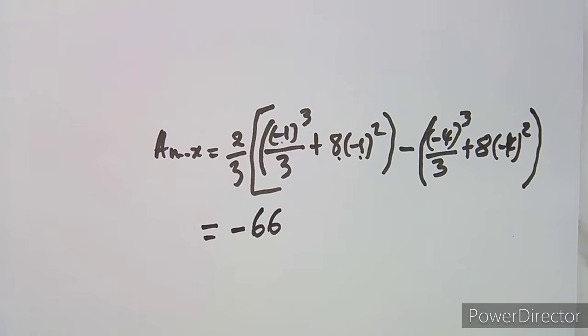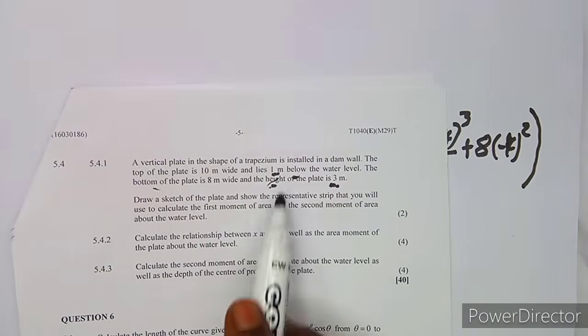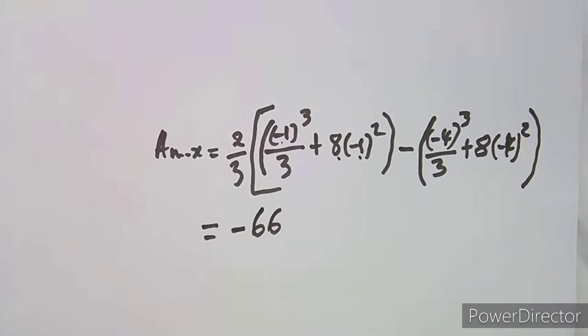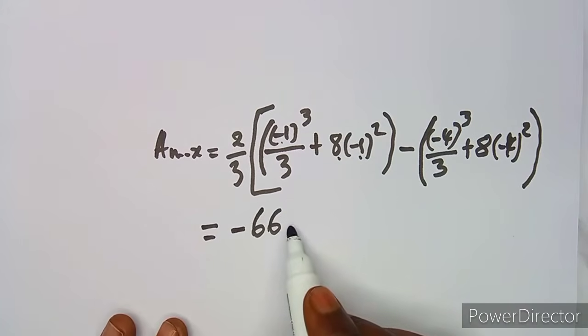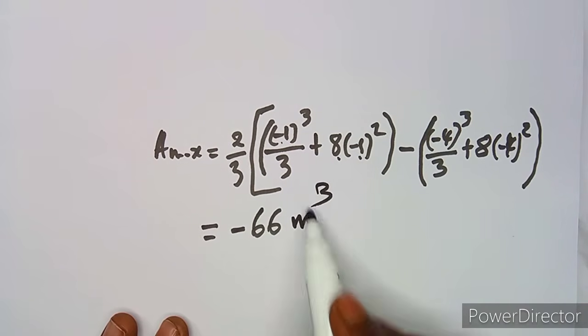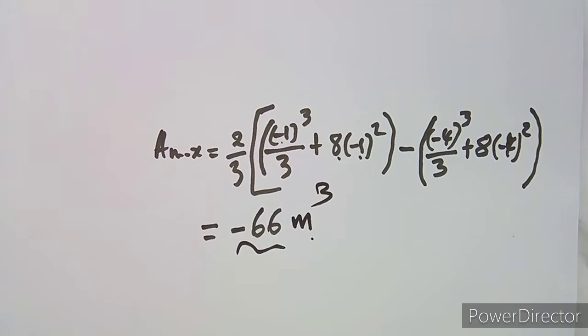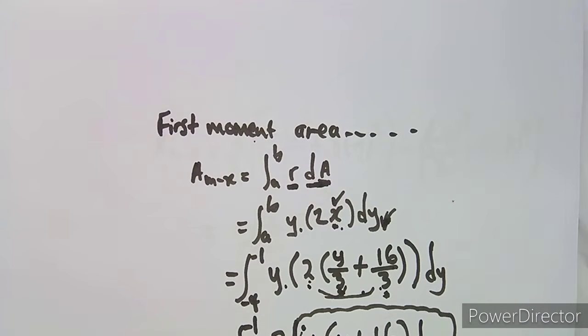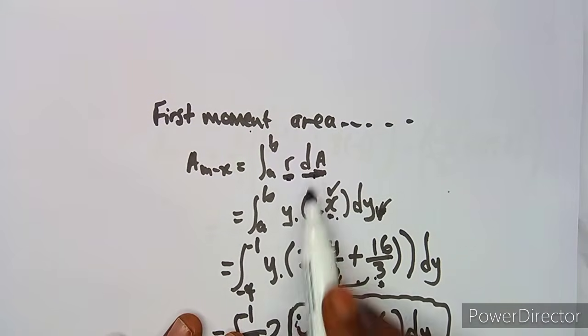So it's a negative, and these were meters. If you take the measurements we're working with, whether 1 meter, 10 meter, whatever, they were in meters. So these were not like units. That's why we have to write it as cubic meters. Okay, so that is the first area moment, which is the area times the perpendicular distance. From the formula, the first area moment is the perpendicular distance times the area.